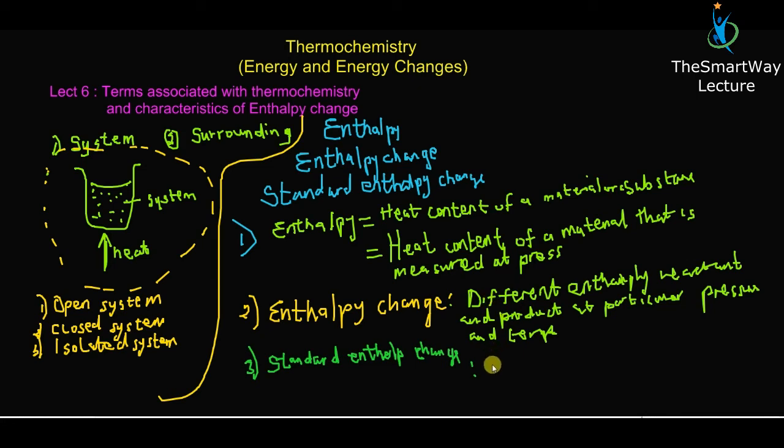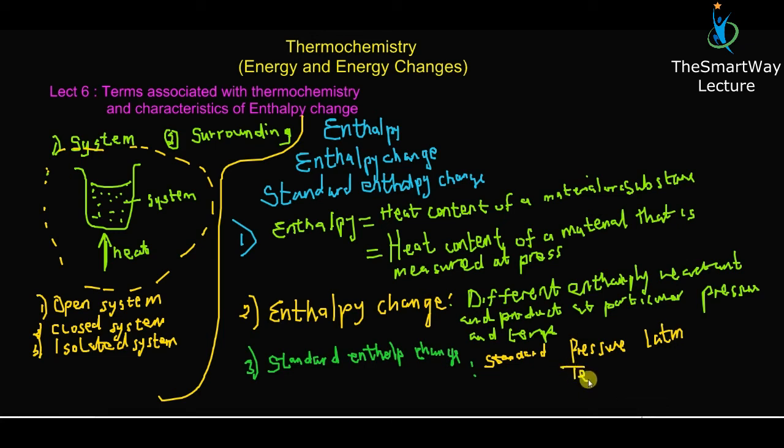Now when we say standard conditions, we are talking about a pressure of 1 atm. That is atmospheric condition, a pressure of 1 atm. So that is what we call standard condition. You cannot measure anything above or below this and then call it a standard condition. It's not done like that.